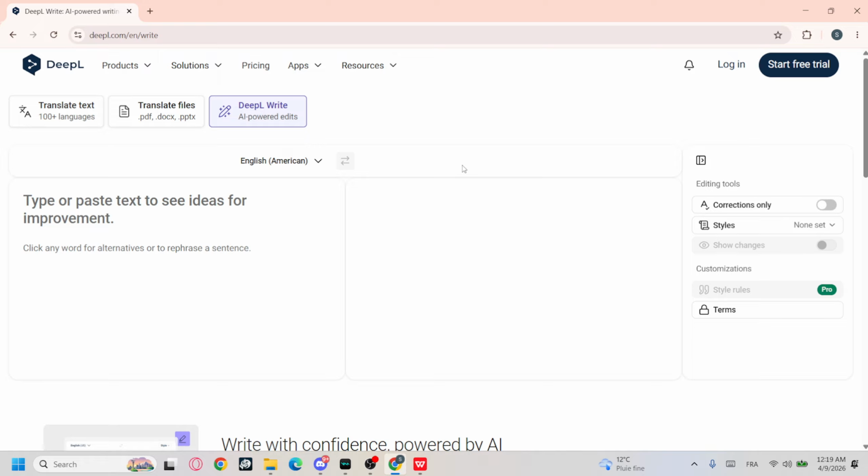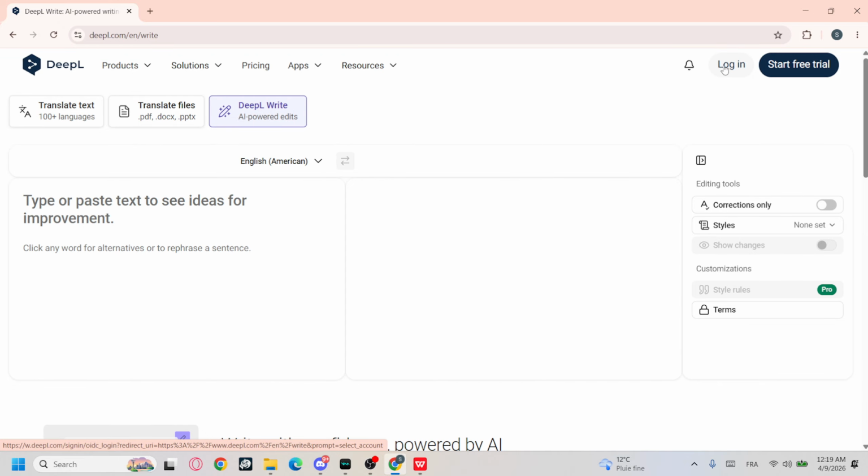So all you need to do is to go and open up your favorite browser, even if you're using Opera GX, Google Chrome, Safari if you're on a Mac, Mozilla Firefox, etc. Okay, and then just go with the deepl.com website. Type it on the search bar at the top of the browser. Okay, then hit enter on your keyboard and then go with the log in option that's located at the top right